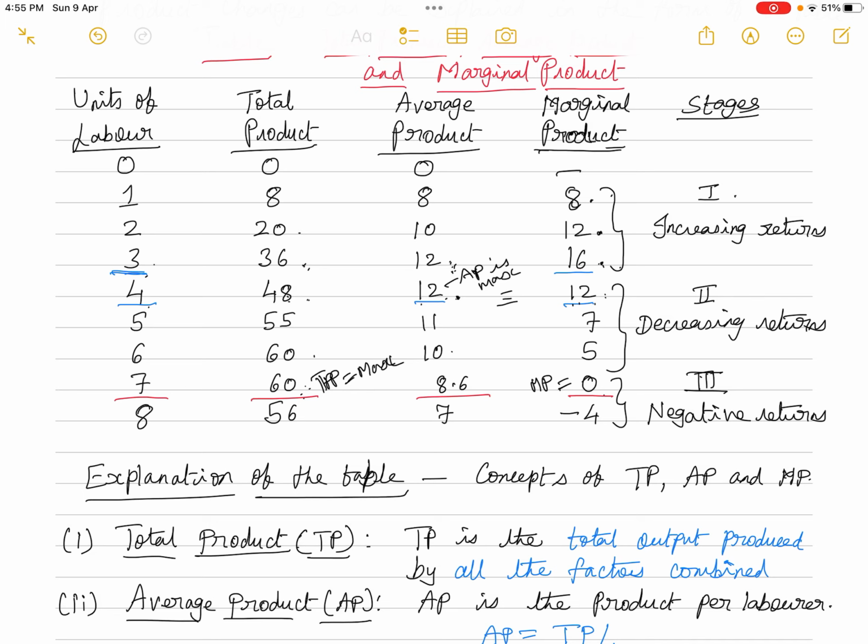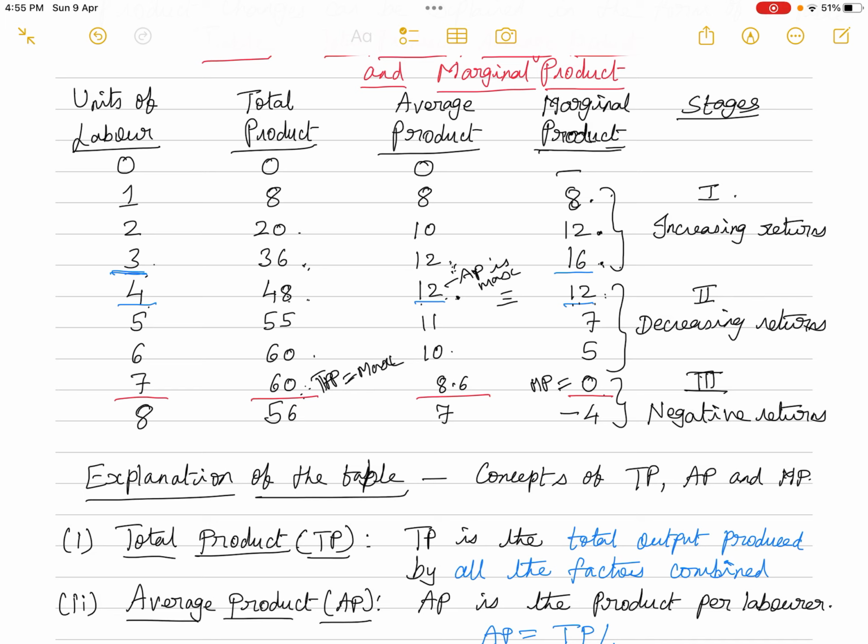Okay, so this is the table. This is just a hypothetical table. You can give any of your own numericals, but it is better you memorize this table. So try to remember any one column. If you remember the units of labor 0 to 8, and if you remember the total product, then the remaining average product and marginal product you can get automatically,